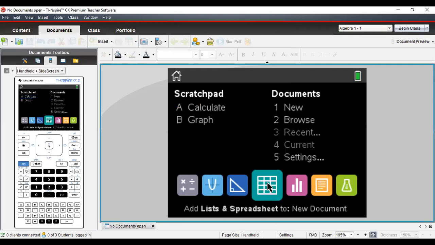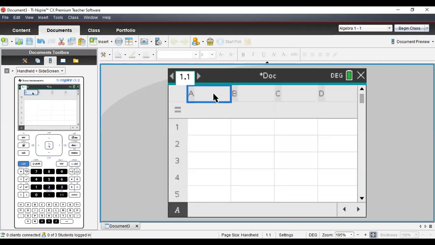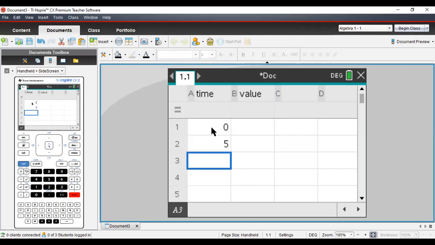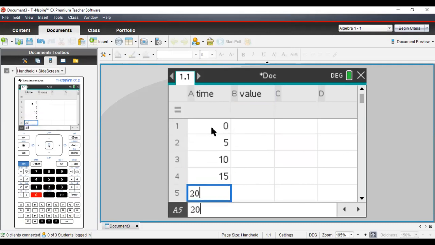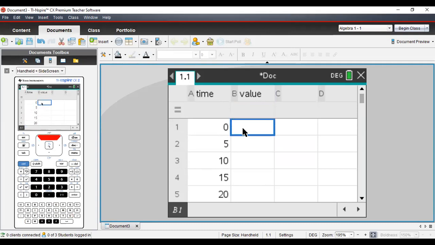And from here, we're going to go to the spreadsheet. We're going to make this the X column. I'm actually going to put time. Time is the X column and value is the Y column. So in here, I'm going to go 0, 5, 10, 15, 20. And then I'm going to put the values. So we start at